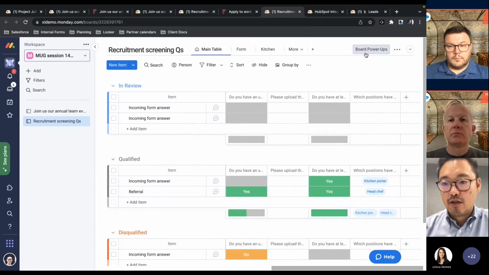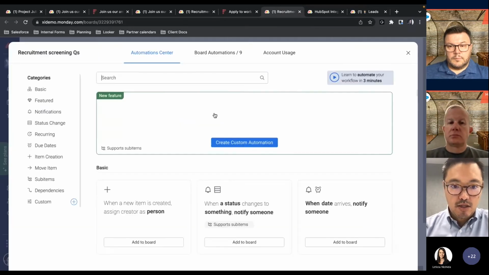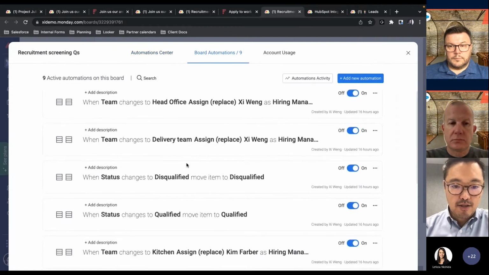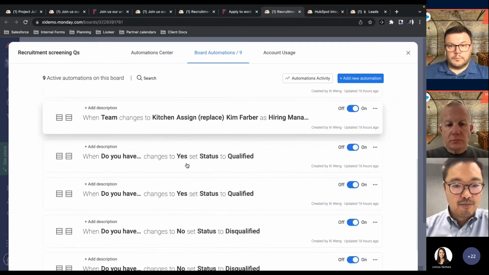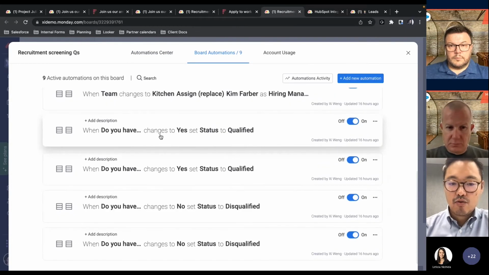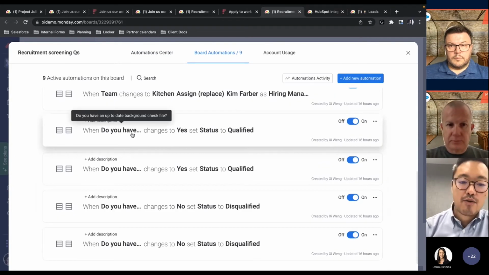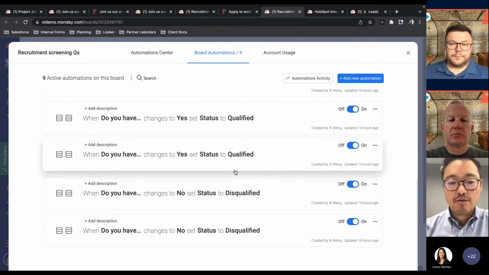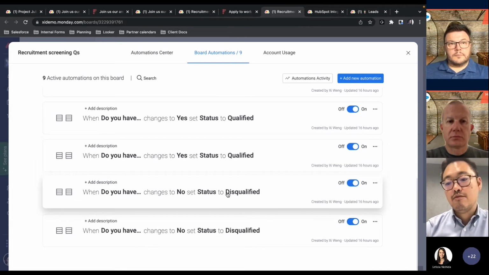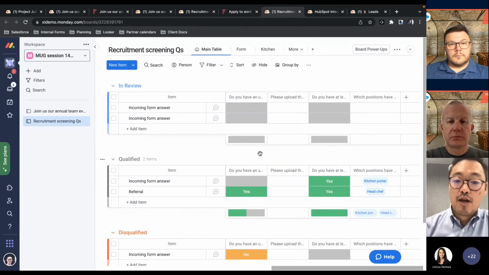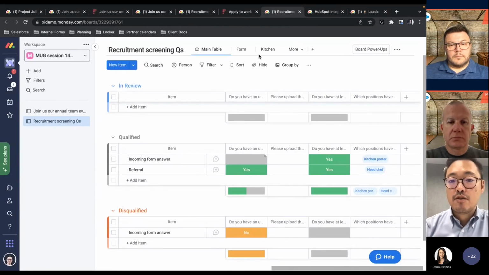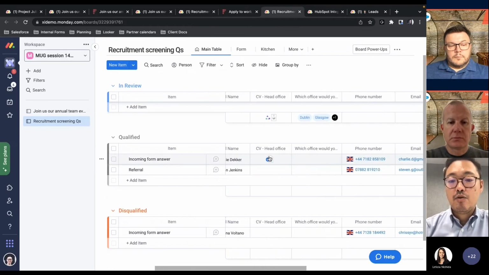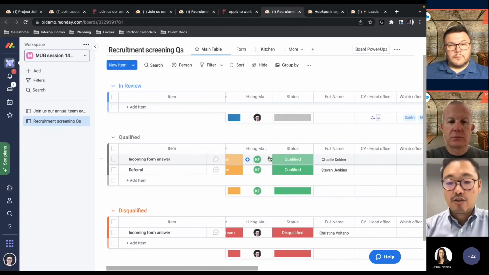So, for example, if we look at the automations, they are basically saying that if they are meeting the requirements, having the right level of experience or background checks on file for the right role, they're automatically qualified and the recruiter reaches out. If not, we move them to disqualified, and from there, maybe you can set up an automated email as well. So if you do have this sort of requirement, it could save you a lot of time, without having to read every single application and CV, just automatically putting that process through screening.